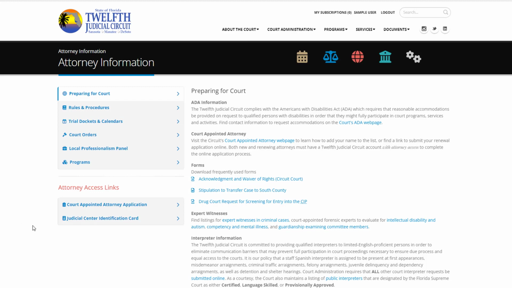One thing to note is this area down here. If we're not logged in, we're not able to see these links. So to demonstrate that, I'm going to log out. And you'll see that that section is now gone. So by having attorney access, you get access to parts of the site that normal users would not. Now let's log in again